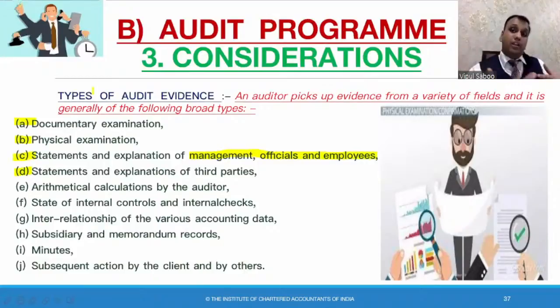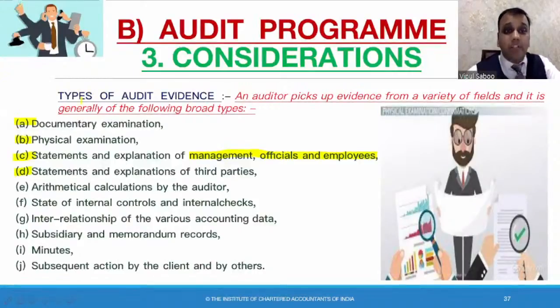So we want to check whether he confirms, yes, an amount of 2 lakhs is payable by this hotel to them. We want to cross-check with their accounts as well. So either please arrange a call, a meeting, or a certificate of copy of account from them, that your balances match. Whatever is standing in their accounts in your name in debtors, the same amount is standing in your books of accounts in their name as creditors. So this is what statements and explanations of third parties are. The parties which are not a subject of our audit, but indirectly they become a part of our audit, the third parties.